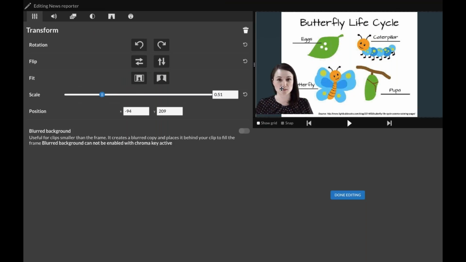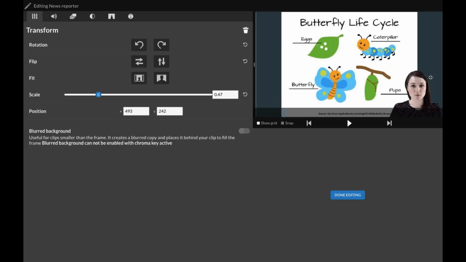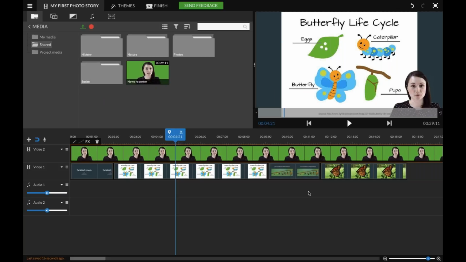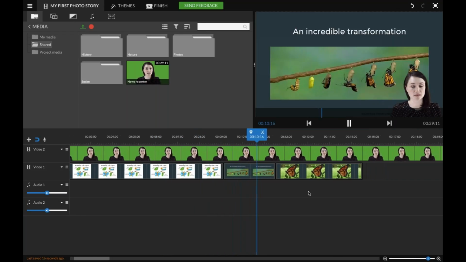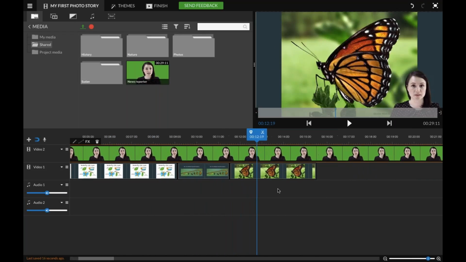So now we can put the teacher in the corner, so she's still talking about the butterfly life cycle, but we're seeing all the great slide options here. So it's actually really fast, and you can do a lot of great things with this method.